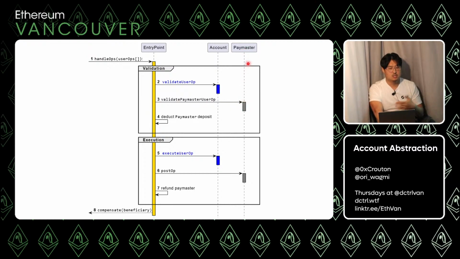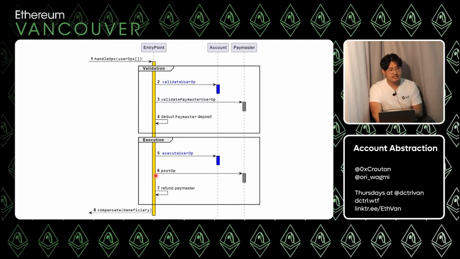This is the exchange paymaster that the exchange has set up, and it knows how to pay for gas, and it says, hey, are you willing to pay for this gas? And if it is, the paymaster says yes, okay, it'll send some ETH over here. And then the entry point will take that ETH and say, okay, thanks for paying for your gas. And then it'll call execute, and execute will go off and do the swap.